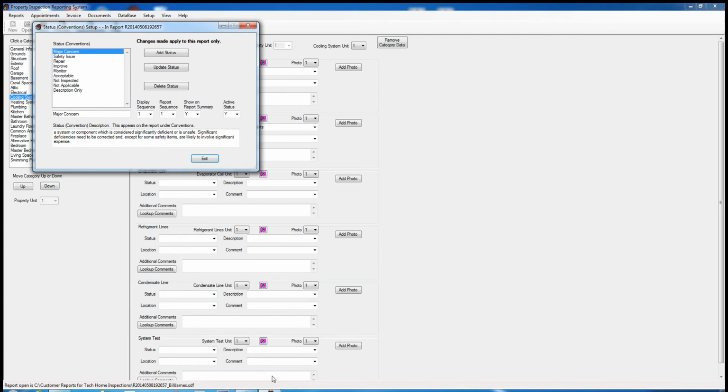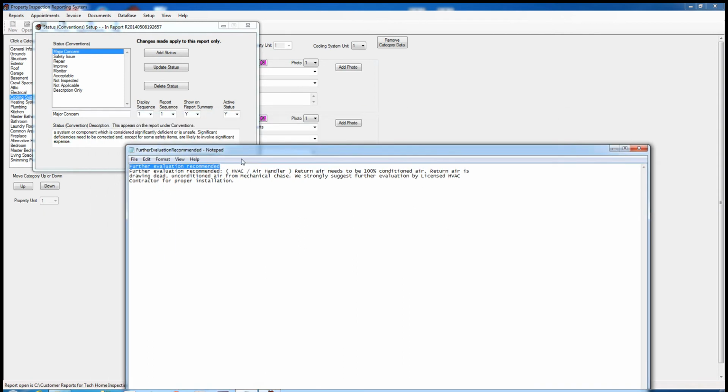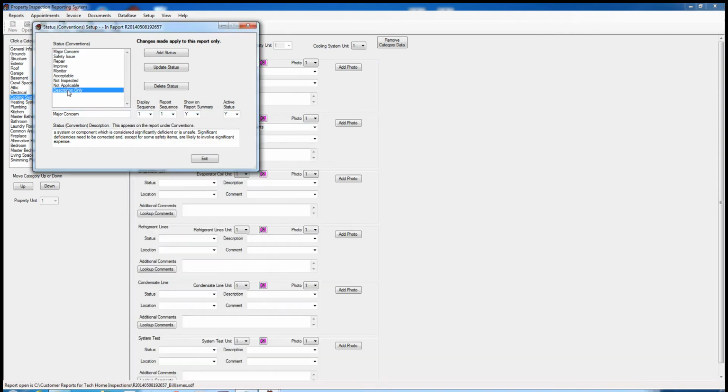Since I've used this in the past, I simply cut it and pasted it into a notepad. So I'm going to copy this out of here, and I'm going to pick the last status convention, and I'm going to paste over the top of that, and I'm going to pick the next available number,